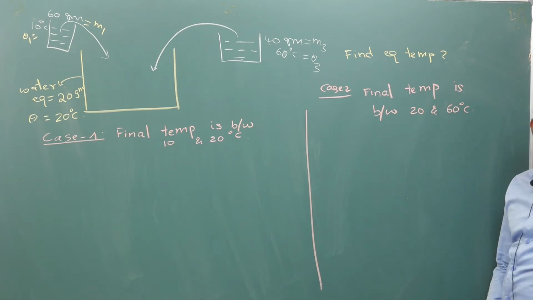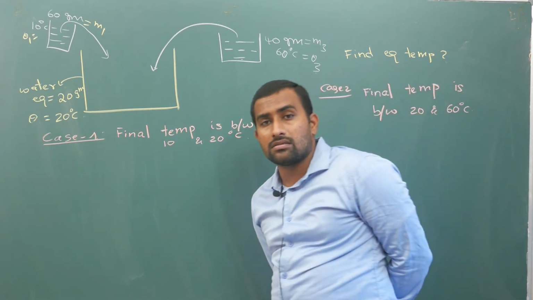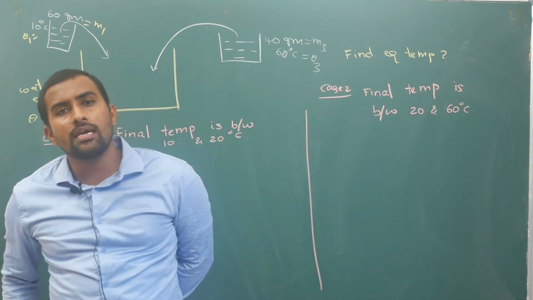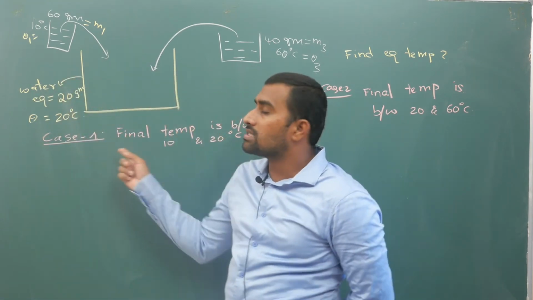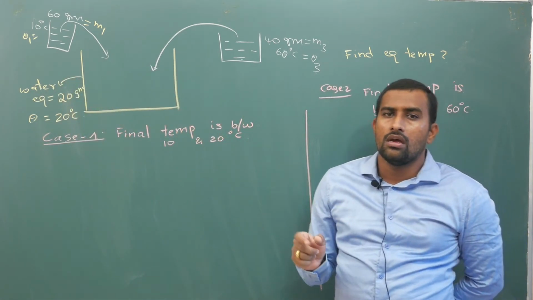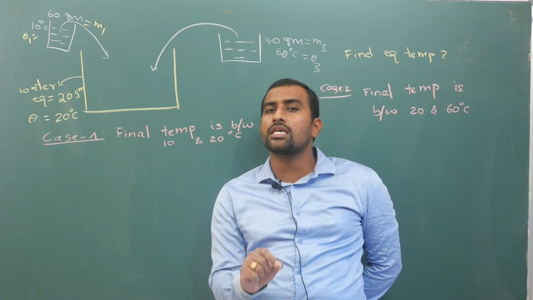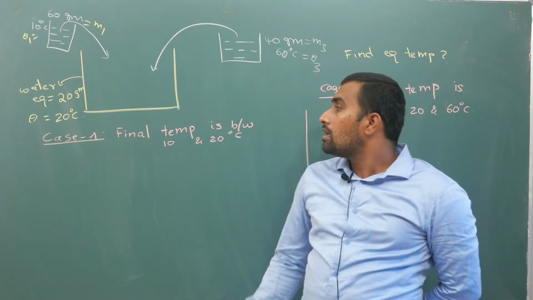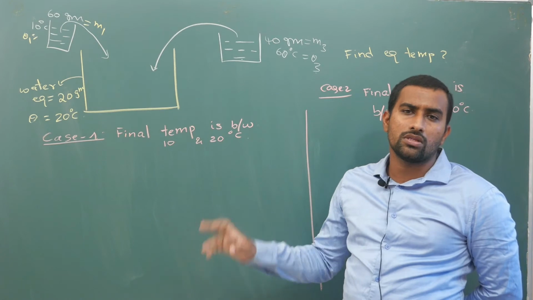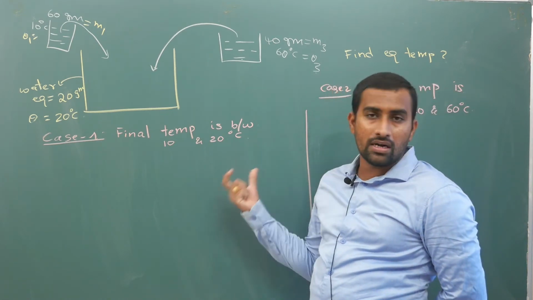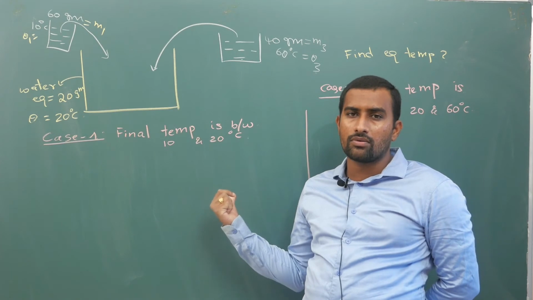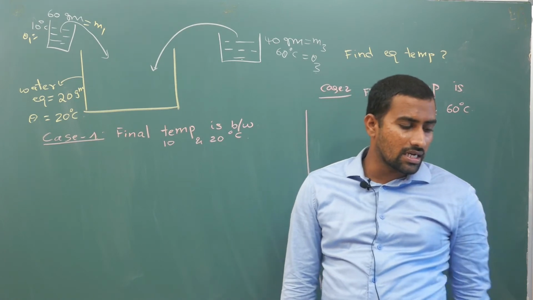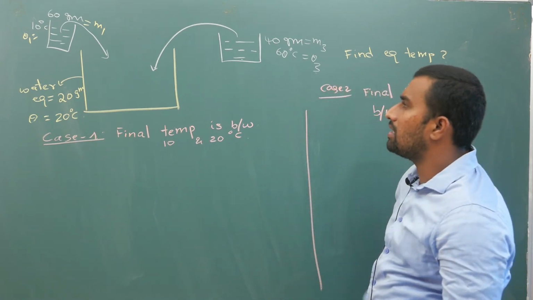Now here many of you think there are two possibilities and you will get two answers, but no. You will get only a single answer. Now in this case or in this case, if you manage to stick to the basics, your answer will be same in both the cases. Only thing is one term will come on the right hand side in one equation, in the other equation that term will come on the left hand side. How that is the case I will tell you. So now let me solve this.